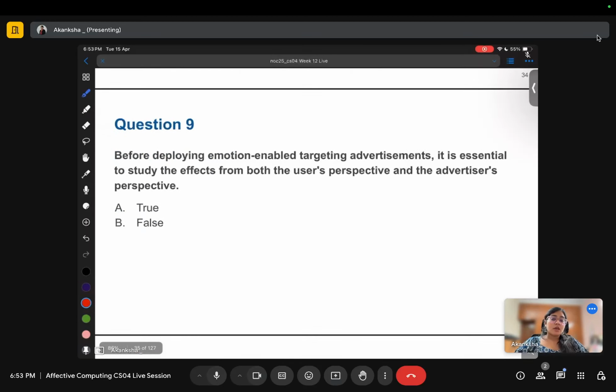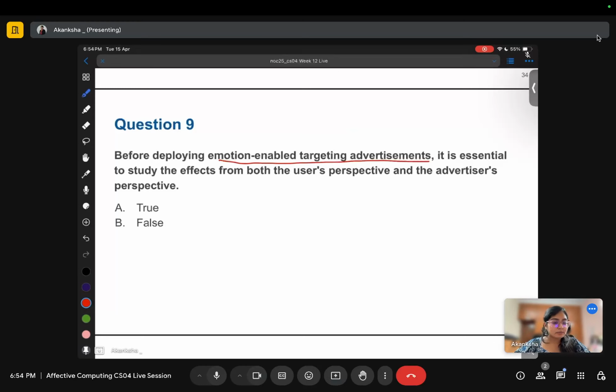Next question. Before deploying emotion-enabled targeted advertisements, it is essential to study the effects from both the users' perspective and the advertiser's perspective. So, what does emotion-enabled targeted advertisement mean?